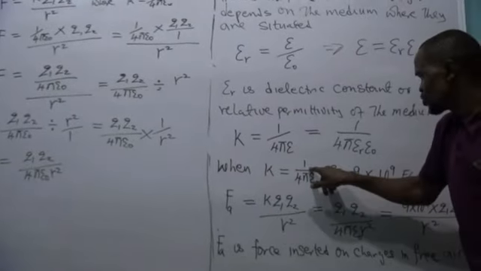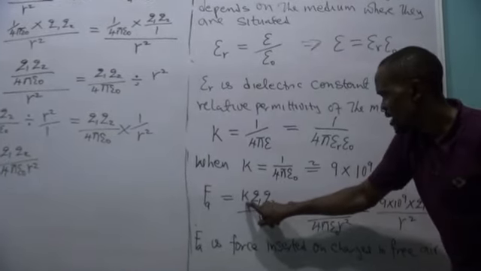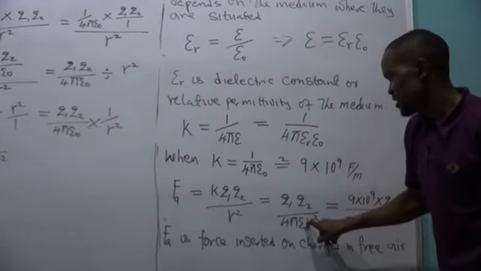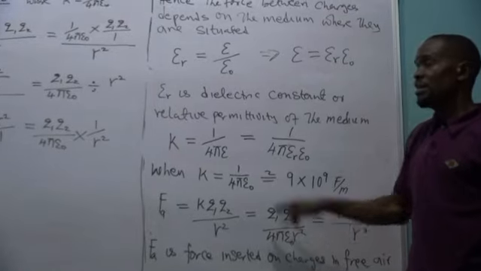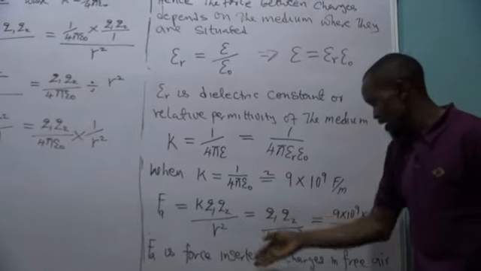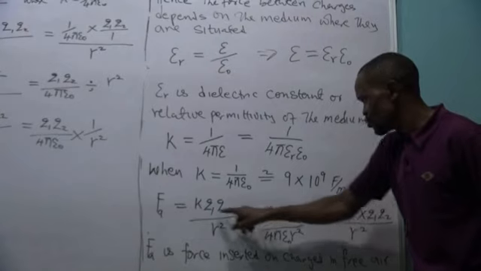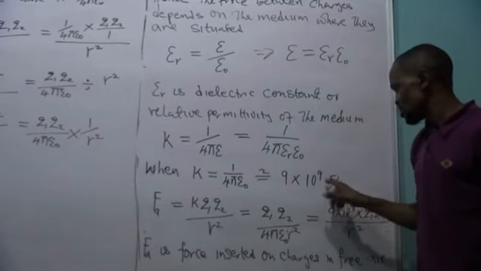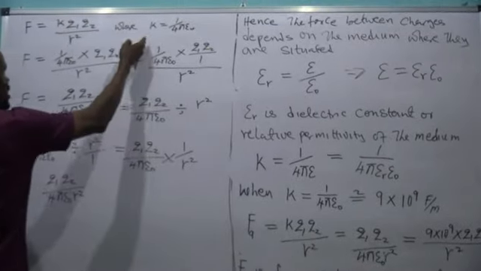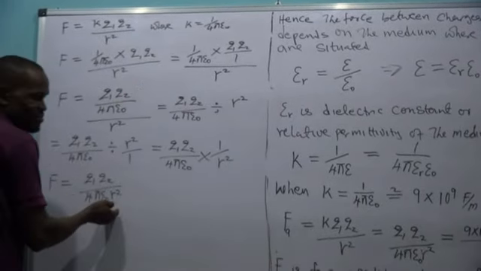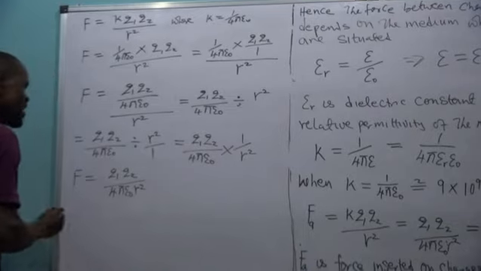When K is equal to this, I substitute in this formula and I will have this. That's what I write straight. I was doing this to clear up for you how I get it. When K is this, I substitute here, I will have this. Now, how did I get that? That's what I was explaining here. Then now, what of when K